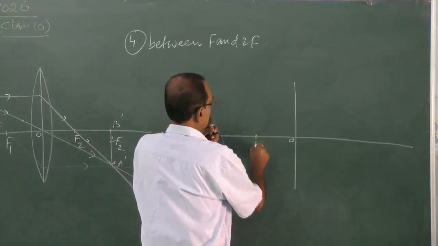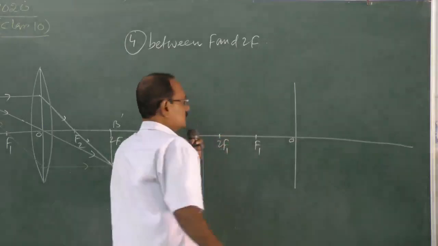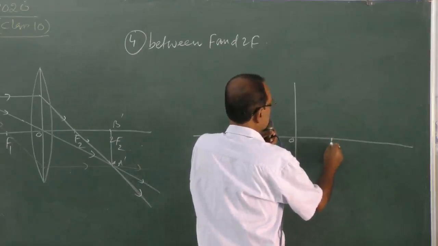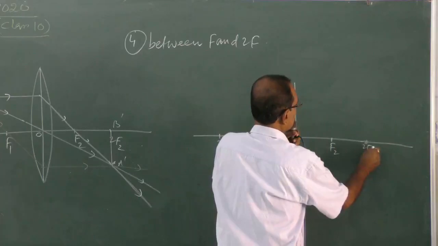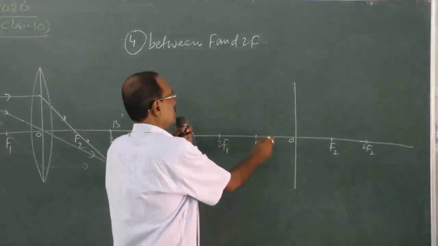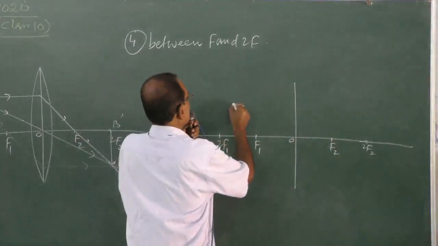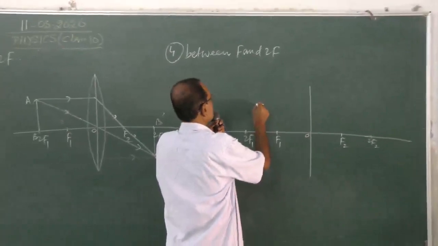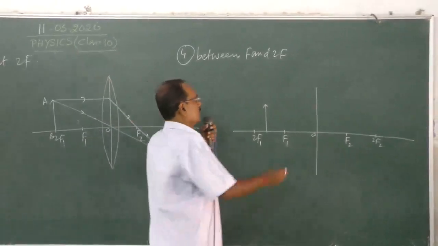Mark F1 to F1, F2 to F2. These all will be equal. Now keep the object. Now one ray will be